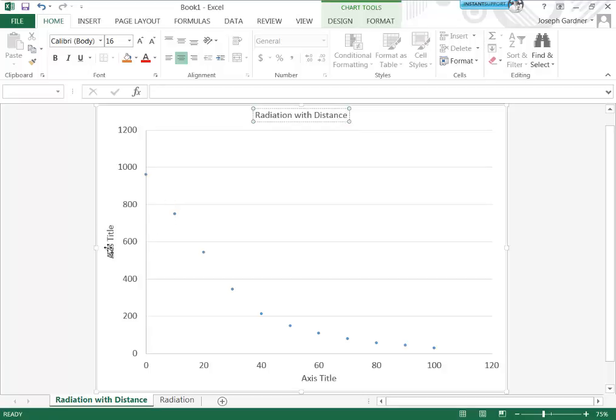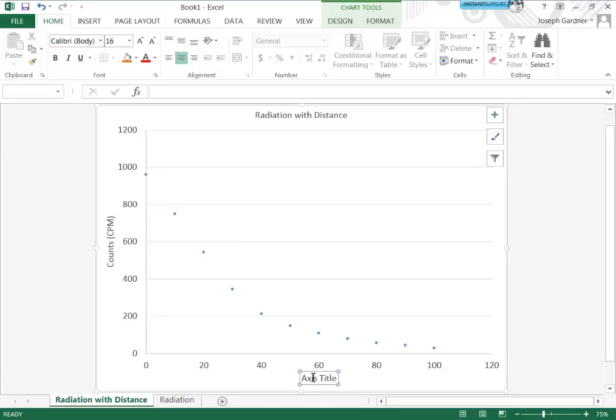But I'm going to put some of that information on my axes titles. So this y-axis will go ahead and have data that is my counts per minute. So I'm going to put for my units CPM, and so whenever I look at your charts, I'm going to make sure that you have correctly entered your units and indicated those. If you do not show your units, there will be a point deduction for that,